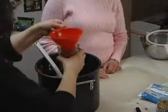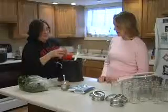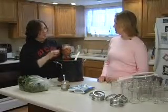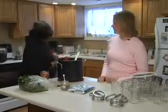Okay. So that half inch is going to allow for the pressure inside, right? We don't want to get it too full. Yep. Okay. And there will be more liquid once it's cooked down. Mm-hmm. And then you take your